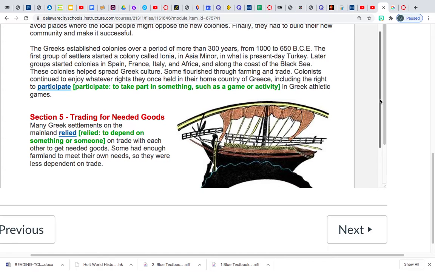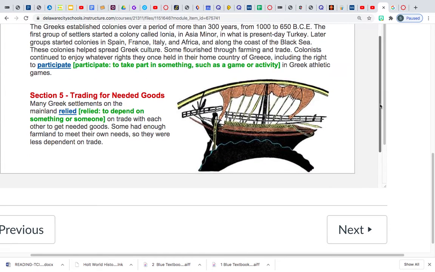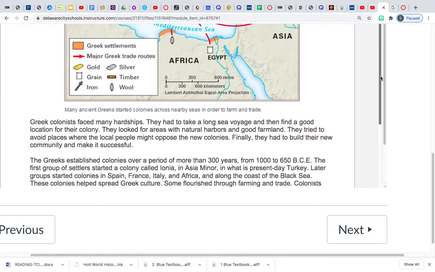So, what I'm going to do is stop here, and I've set up a discussion for you, discussion groups, and I'd like you to list as many reasons as you can in the discussion and share them with the other people in the group why you think the ancient Greeks were almost forced to create colonies. Okay, and there will be questions and an assessment to do with this.